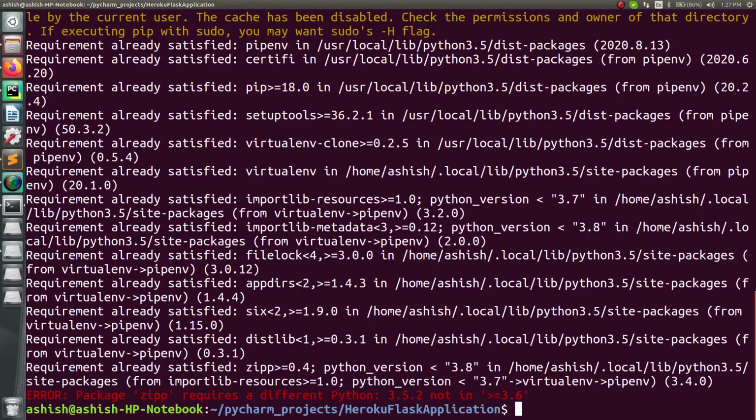Okay, it is already installed, so you can see requirement already satisfied. It is giving you some package error, but that's okay. I don't require that one because I will be using a different version of Python, right? This is 3.5.2, but I will be using 3.7.2, so that's not a problem, you can ignore that.